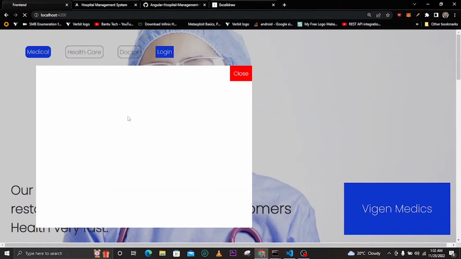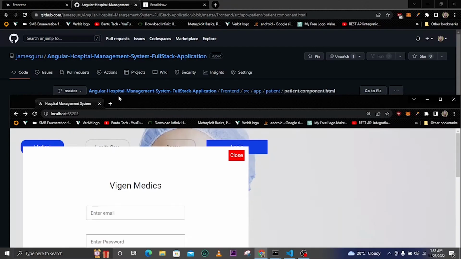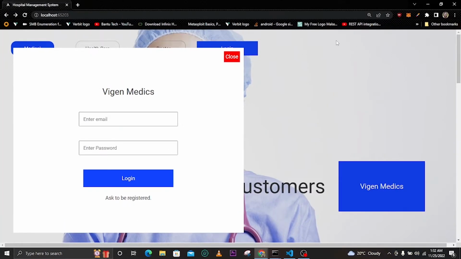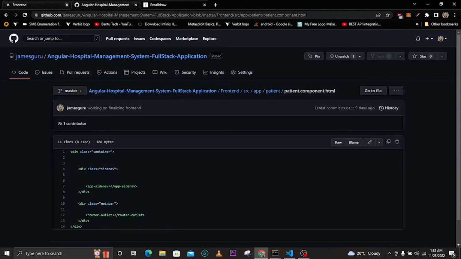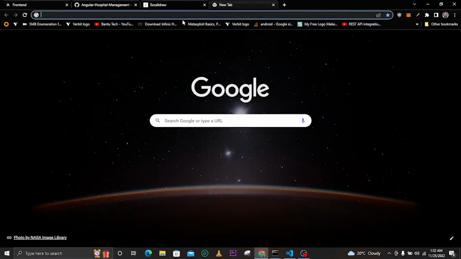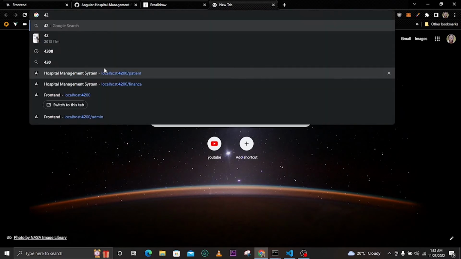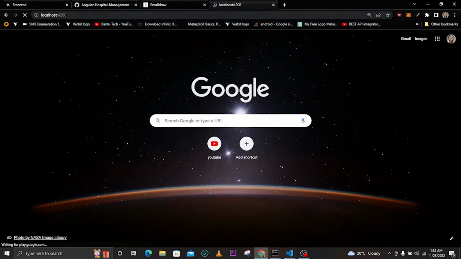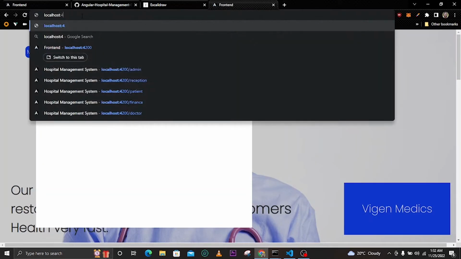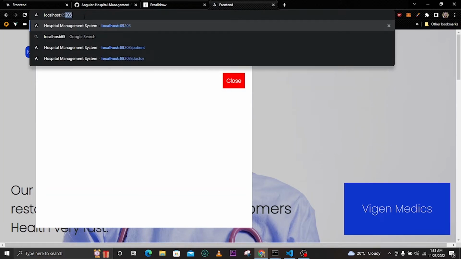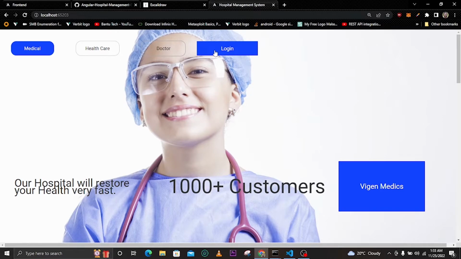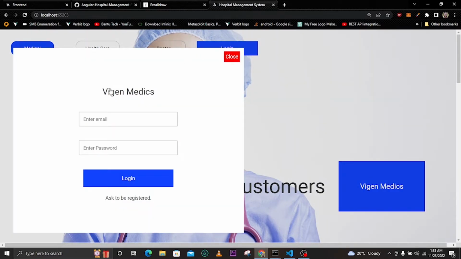So after, let's load now. You can see we have this button here. The other thing that I want to add is this header here. Let me open it in another tab, because we need it. Let me look at 4200 here, and then change the port because we are running two applications. So we need to add this header here, and then this input here, and a login button,